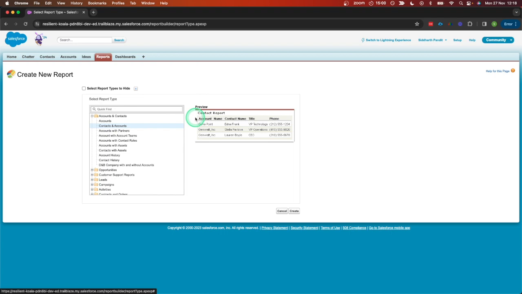So we are going to build a report that will display a list of accounts and the number of related contacts, opportunities, and cases, right? So the data we are going to bring from different objects, right? So choose the second report type from the first folder, click create,